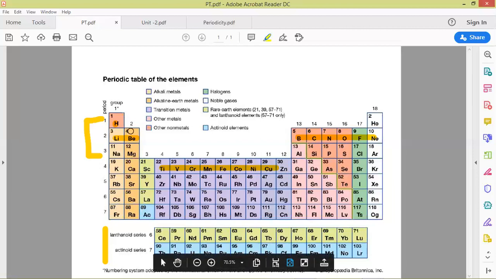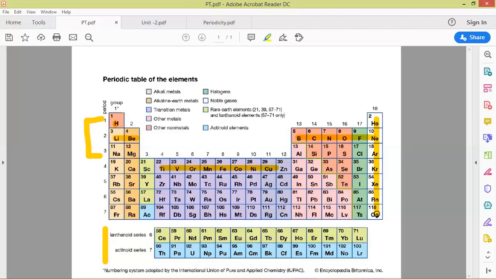Here, this is the first, second, third, fourth, fifth, sixth, seventh, eighth, ninth, 10th, 11th, 12th group, and from 13th to 18th group, these are the elements with non-metallic character. And in the last group, noble gases have been placed, which are very less reactive, or unreactive in comparison to other elements of the periodic table. So this is all about the groups and periods of the modern periodic table.